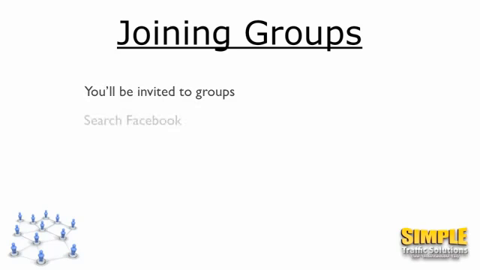But of course, to look for groups to join, you need to be searching Facebook. Just search for the keywords in Facebook, and I'm sure you will find some groups you can join. Obviously, it depends if they are open or closed and whether you can join. An open group, yes, I think you can join instantly. Closed group, you have to ask to join, and then someone will approve you. Closed group, you won't see. Okay? Secret group, you won't see.